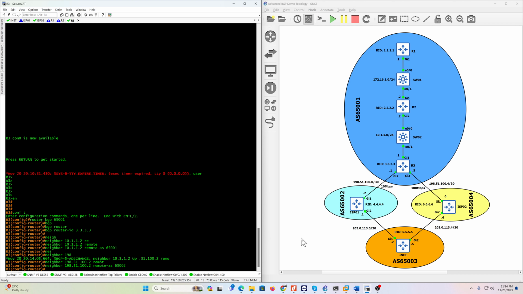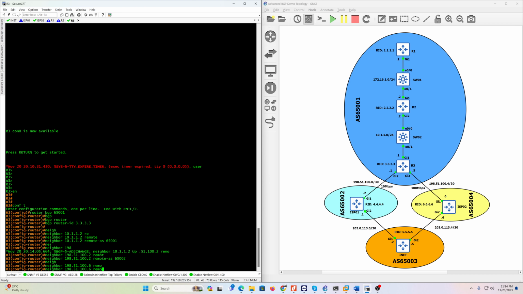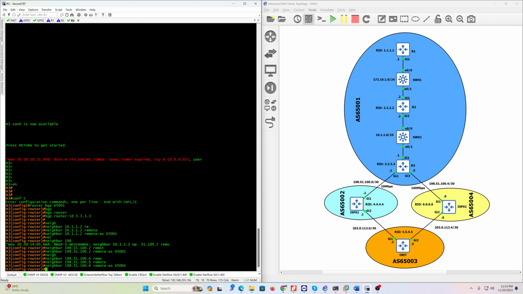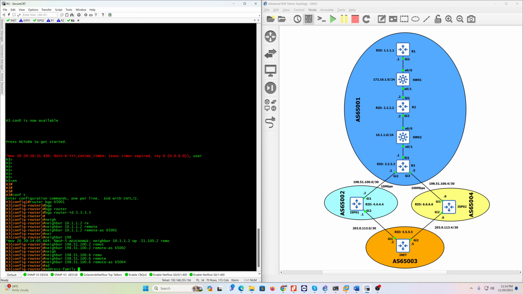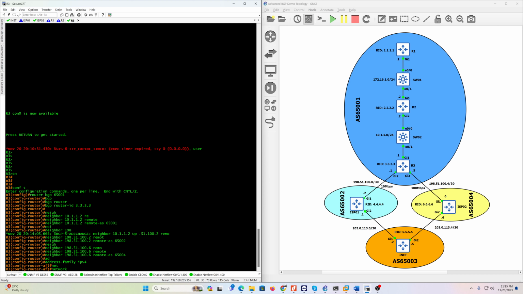Okay, then we have another neighbor, that is 198.51.100.6. All right, and the remote AS is 65004. Okay, and then we'll go to the address family IPv4. So we will define the network here. So the network is 3.3.3.0 mask